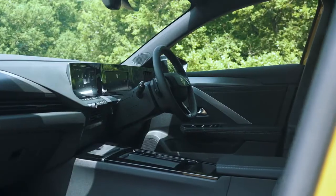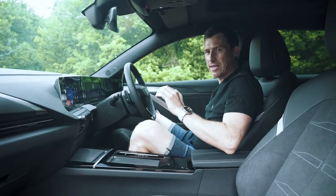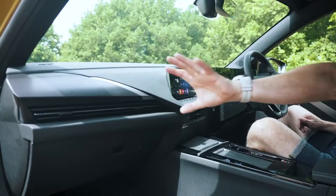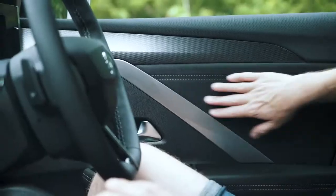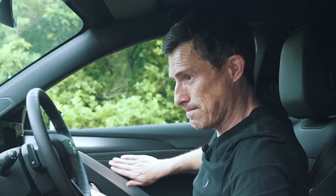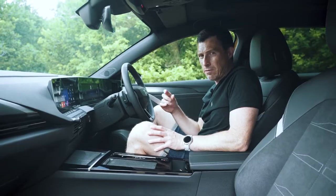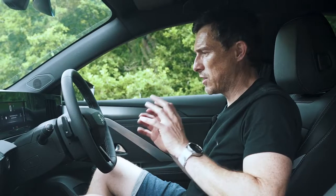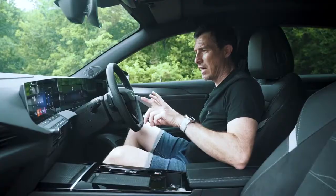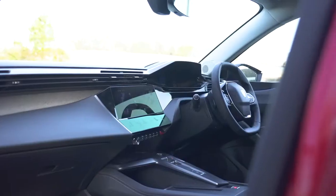Let me know. Here on the inside, the Astra isn't quite as stylish as it is on the outside. Overall, the design is pretty nice, and material quality is decent, and this car has Alcantara. It's all a bit grey and plain though you can get a model with some red accents to liven things up. Though, to be fair, this car will never feel as stylish inside as its sister car, the Peugeot 308,